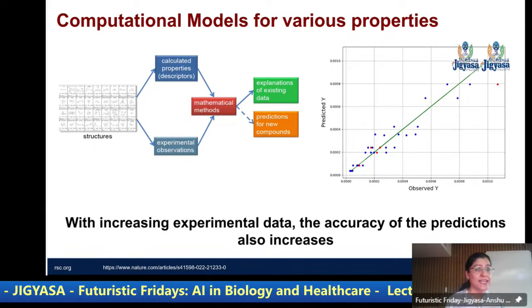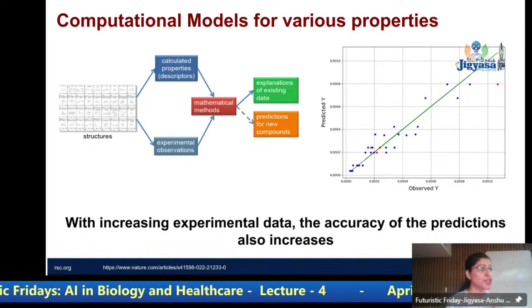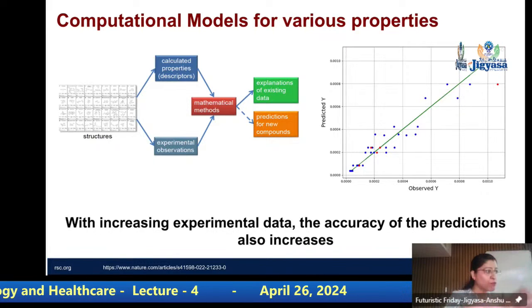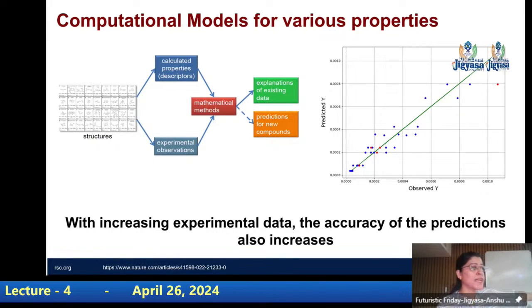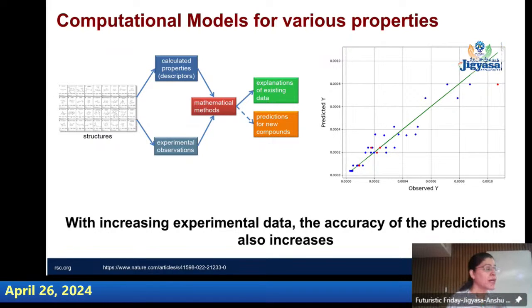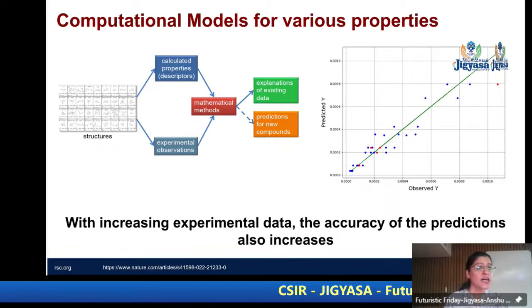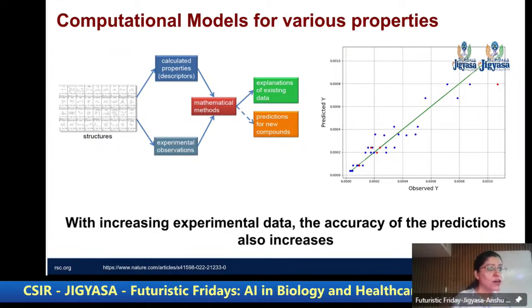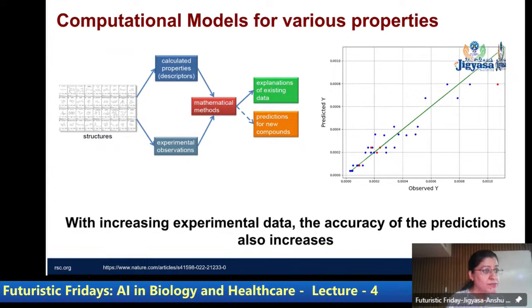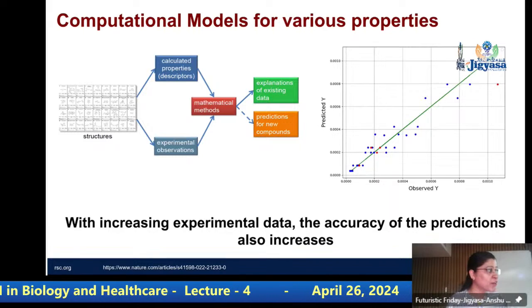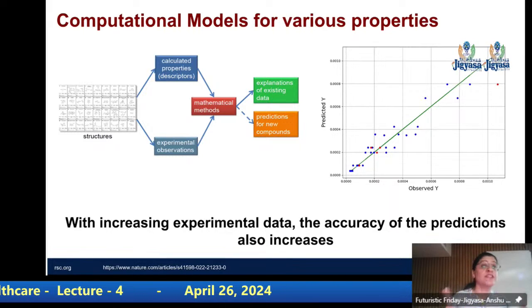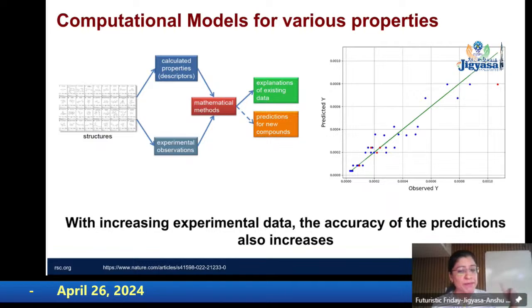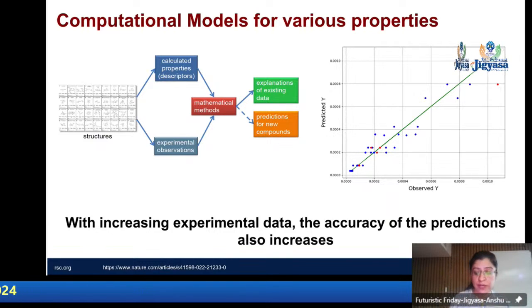Okay. So what have we done so far? If you see on the slide, if we want to predict the solubility of a compound, whether a compound will dissolve in water completely, we have understood what chemical features describe that. And whether you do an experiment or you predict it, you are still going to get a similar outcome, which means we have understood what defines solubility, right? If we have not understood which chemical features define solubility, we cannot predict it so well. Now, with increasing experimental data, the accuracy of predictions will also increase.